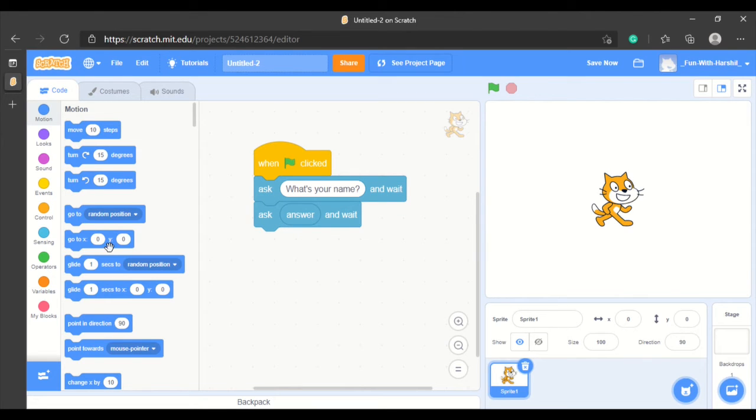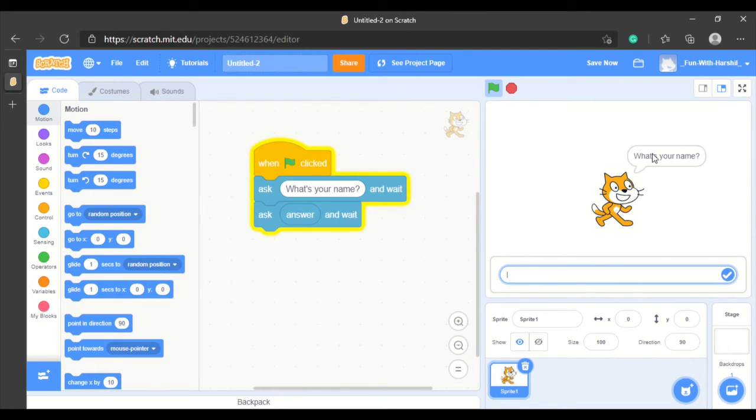So now, if you want that it stops for a little bit of time. Like see, if I click on the green flag, at the same time what's your name speech bubble comes, and this answer also comes at the same time.